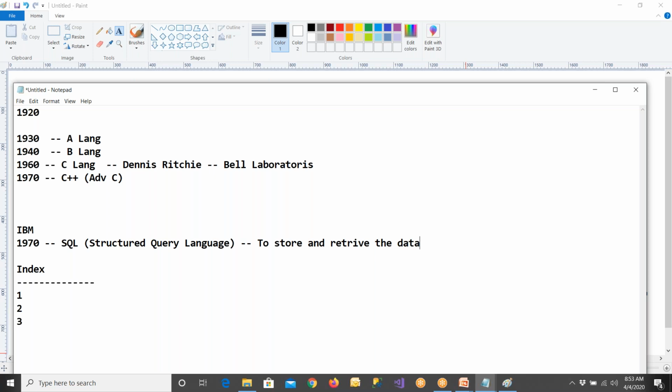The knife is just C language. C language cannot be implemented everywhere. I wanted to shave the beard, so that is where we can use a small blade. The blade-like language is SQL, a very small, tiny language, a very beautiful language. Anybody can learn it very easily. Even though you're not an IT professional, you should still be able to learn. You're a non-IT person, you should learn a language called SQL, Structured Query Language. The RDBMS, relational database management system, is going to be implementing this.